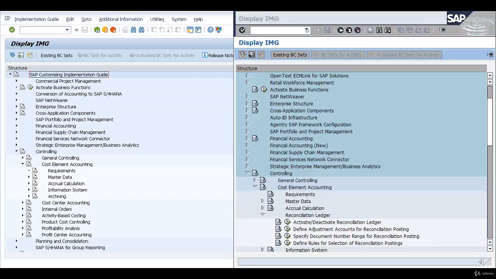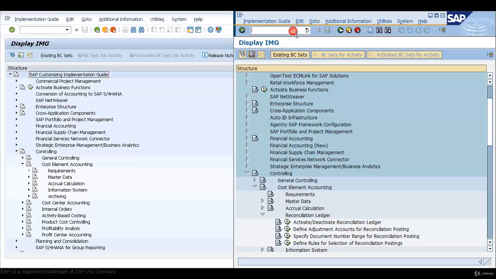Similarly, the transaction for posting CO documents to FI is no longer available in SAP S/4HANA. So where we can see that. I will first show you in the ECC system. So we will go back to the SAP Easy Access screen,